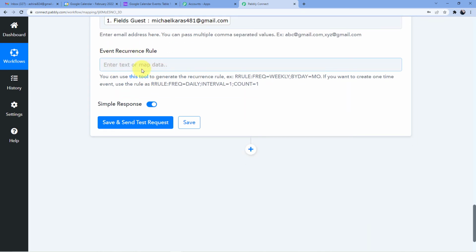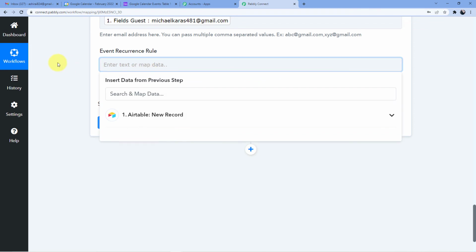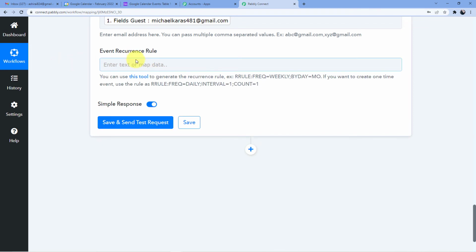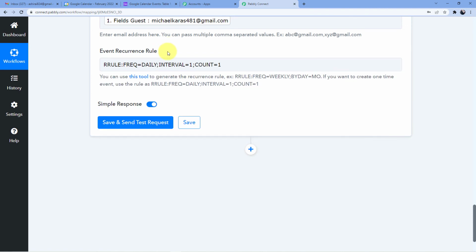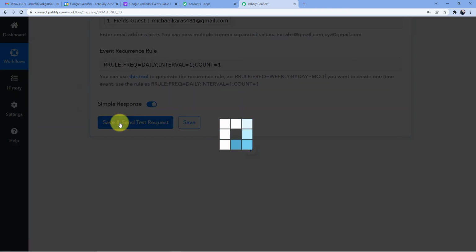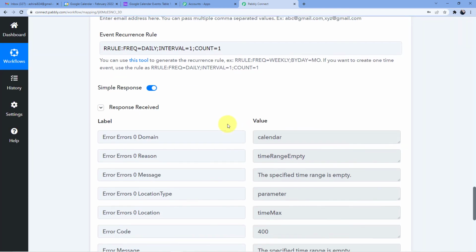And event recurrence rule. So what is this? Now event recurrence rule is either the event which you are creating will happen once, or it will be a recurring event and it will happen again and again at specific dates. So my event is only happening once. So I will just copy it and I'll paste it here. If you want to change the interval counts, you can just go to this tool and use this tool to set up your event frequency whenever the event is going to happen. Okay, I'll just go and click on save and send test request, and you can see